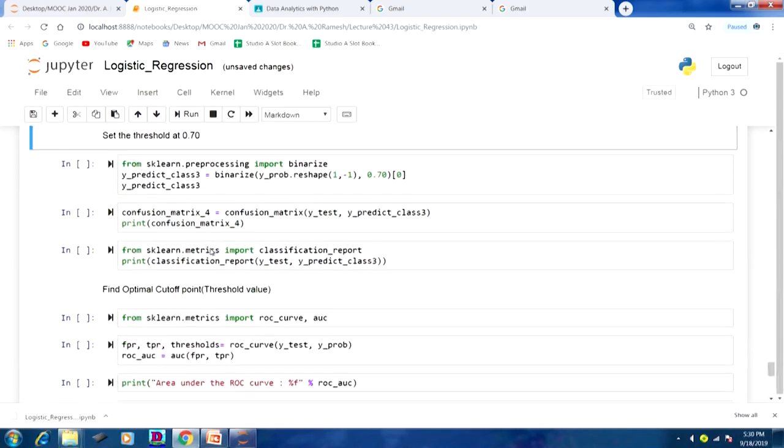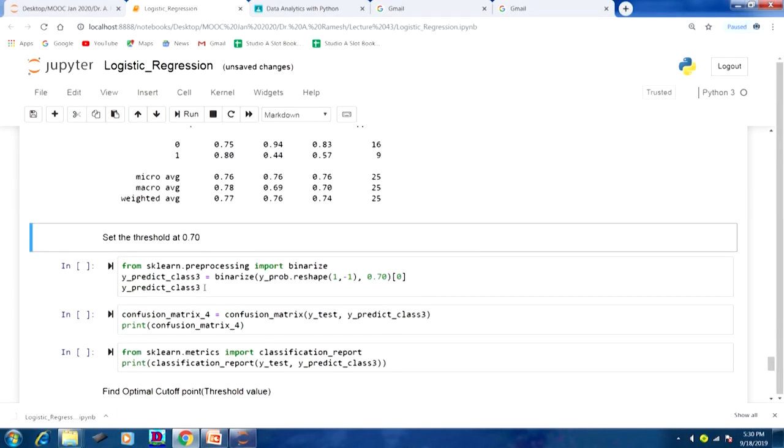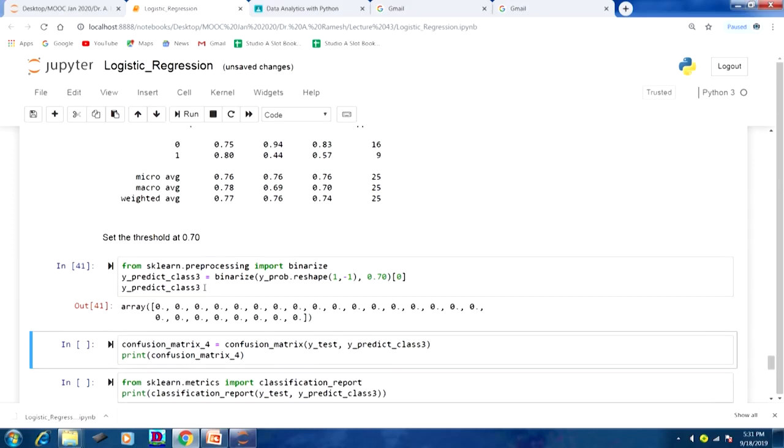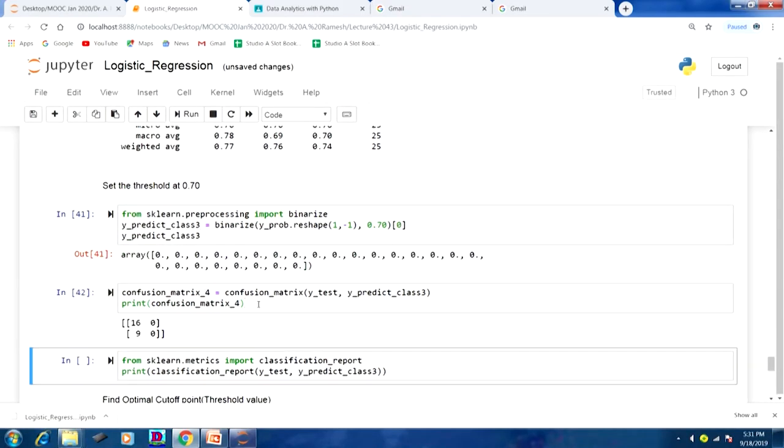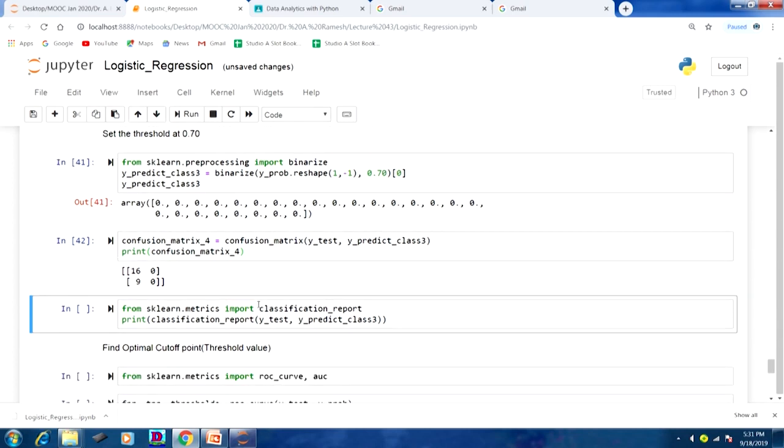Let us go for 0.7. When the threshold value is 0.7, this is our predicted value. Let us go for the confusion matrix. So, when the threshold value is high, you see that there are more true negatives, because it is extreme on the right hand side. It is like a pathology lab where whoever goes there will get a negative report. So, that is the effect of changing the threshold value from lower side to upper side.